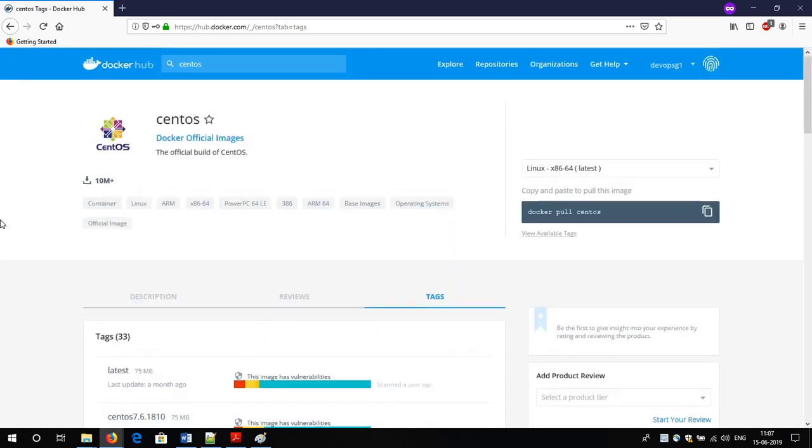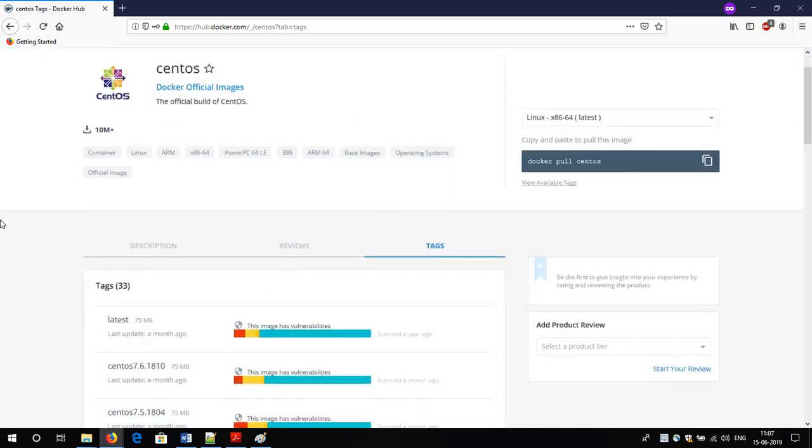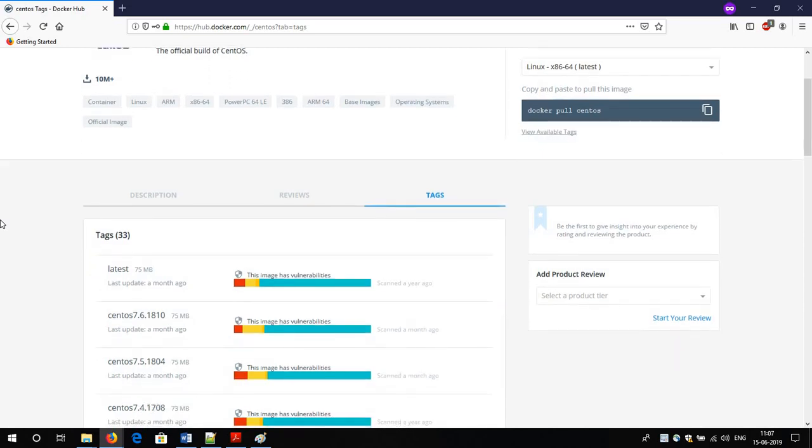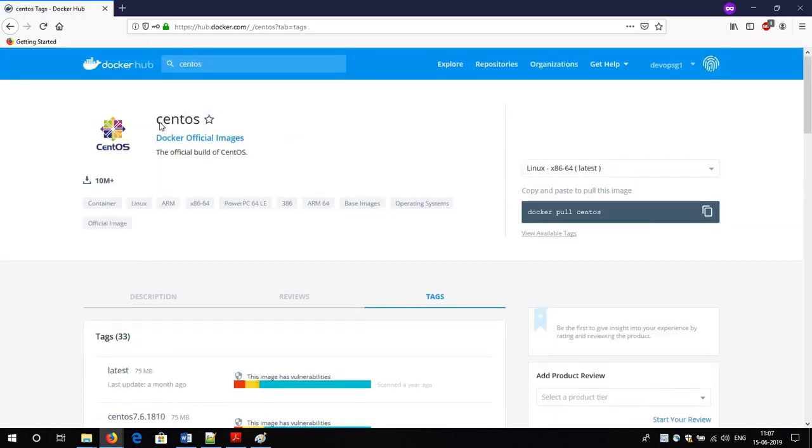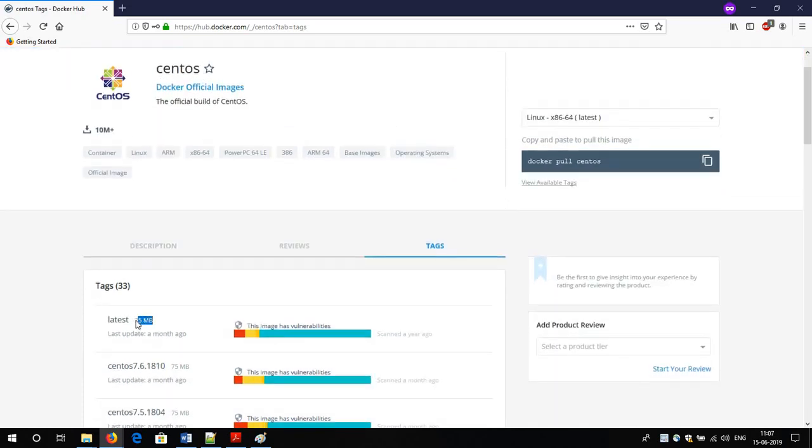What I said earlier, what is the CentOS ISO image size? It is more than 2 GB. But see, here only 75 MB is the size for CentOS. Means you will get the entire CentOS operating system, and that will consume only 75 MB of your space. Now you can correlate the 2 GB with 75 MB. How better it is. Why the size is less, I will explain everything in the practical session.